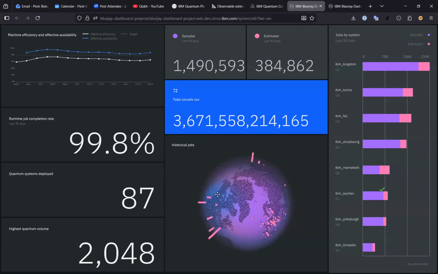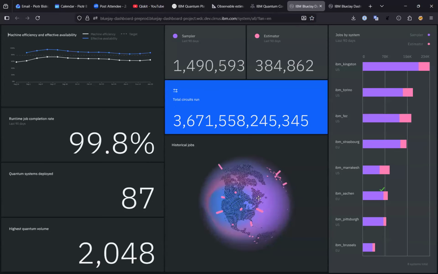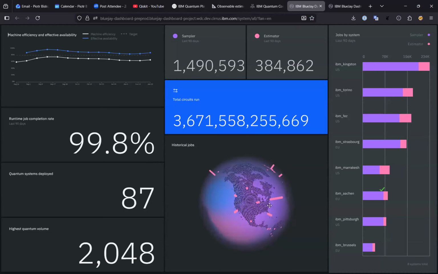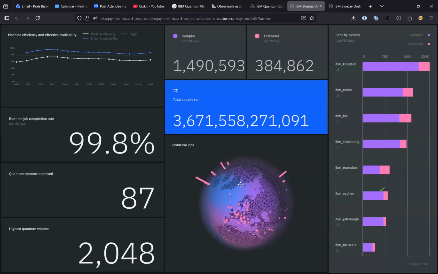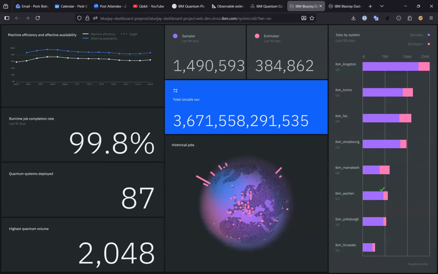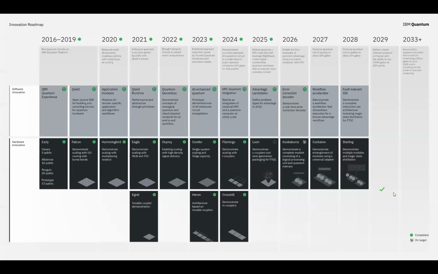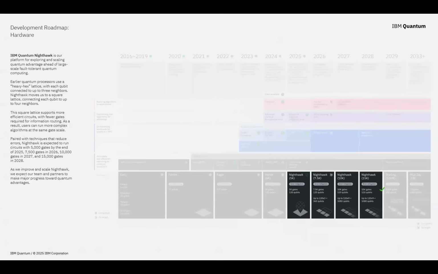And here are the map statistics on the countries that are actually using it. As you can see, the heaviest users are in the US and also here in Spain, and of course in Germany. Okay, let's go back to the presentation. Sometimes I will switch to this deck to show you some of the features. So going back to the presentation, as you can notice, probably we will be introducing the system which is called